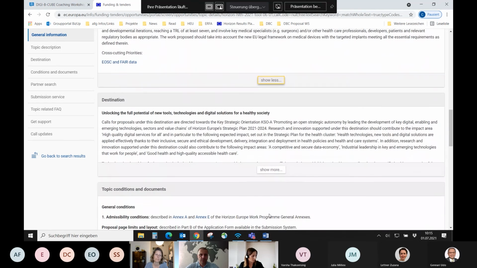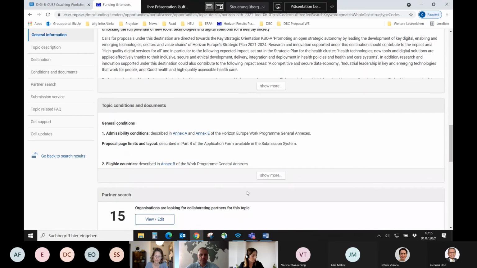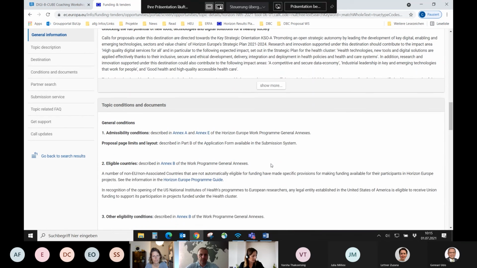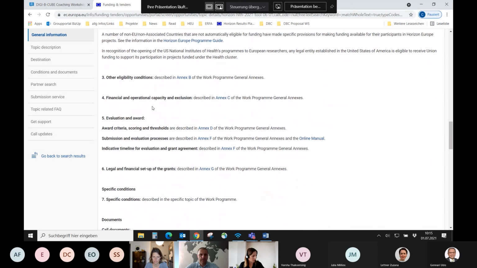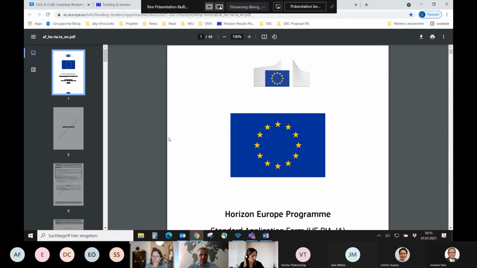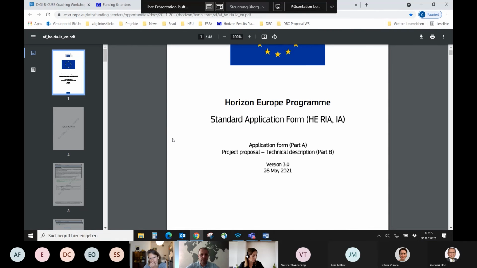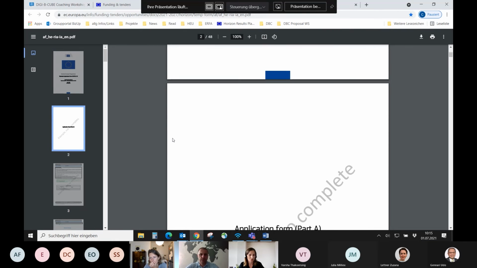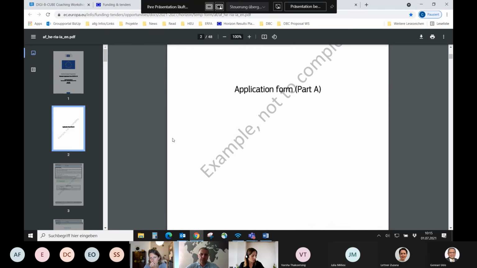And then you have a lot more information, the topic conditions, so which countries are eligible in the call, and what about the evaluation process. And here, most important for us today, you can have a look at the proposal template. So to get an idea in advance, before the work starts, what you have to elaborate in order to apply for that funding. And this is what we are going to focus on today, the application template and how you can present your idea in this template so that you